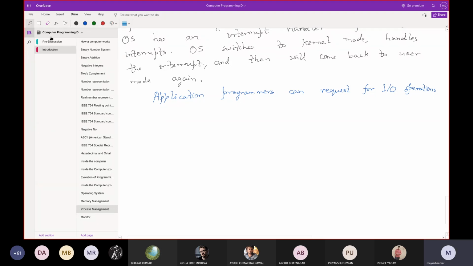So either it will have a request for some input device, or some request for an output device. So application programs can request for IO operations, but IO devices are controlled by the OS.